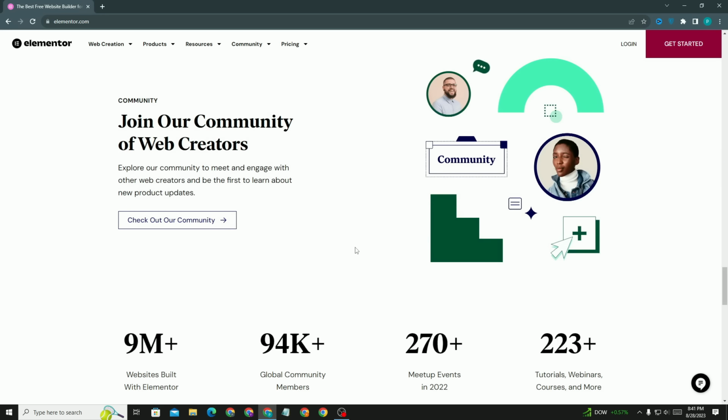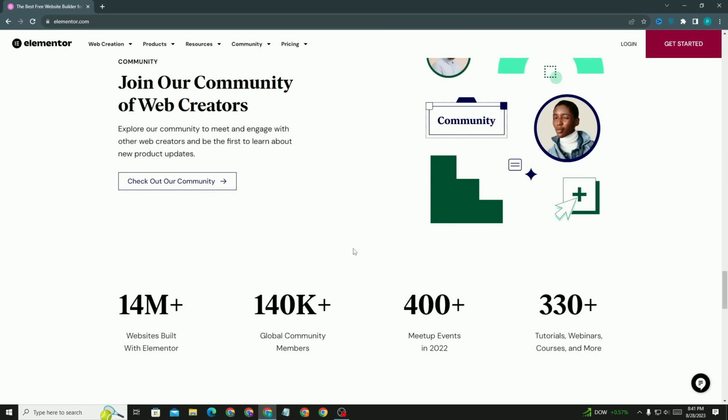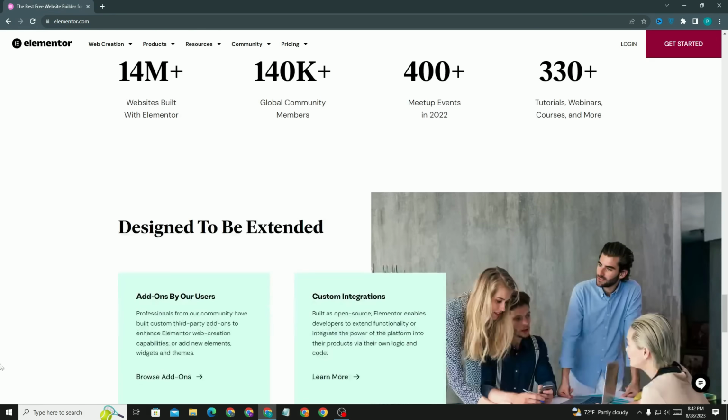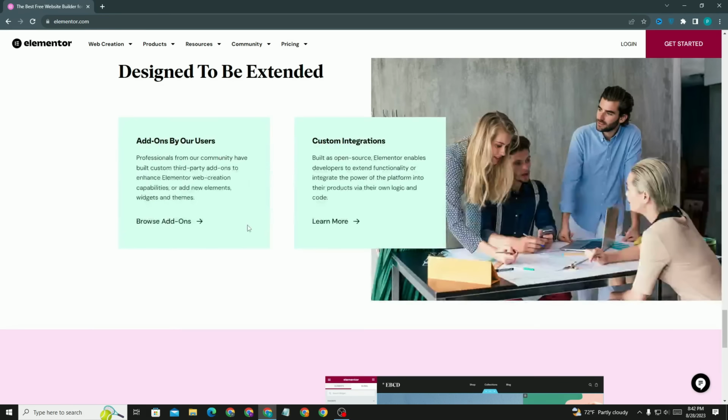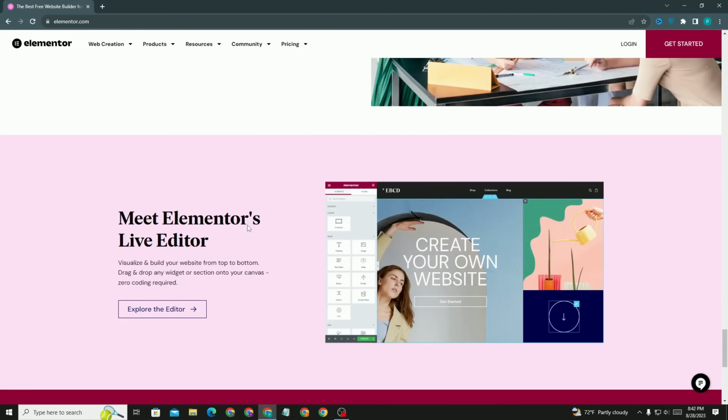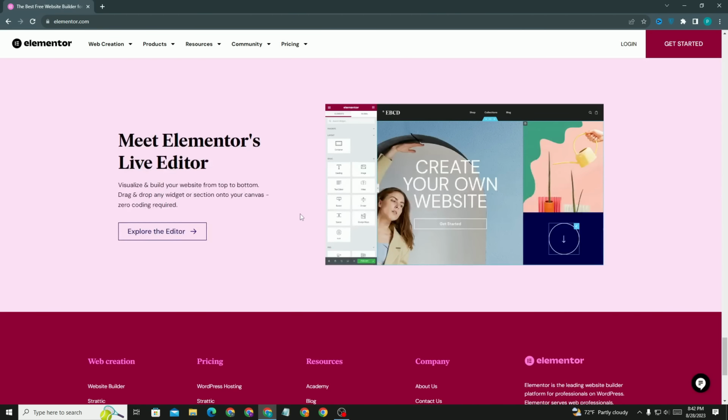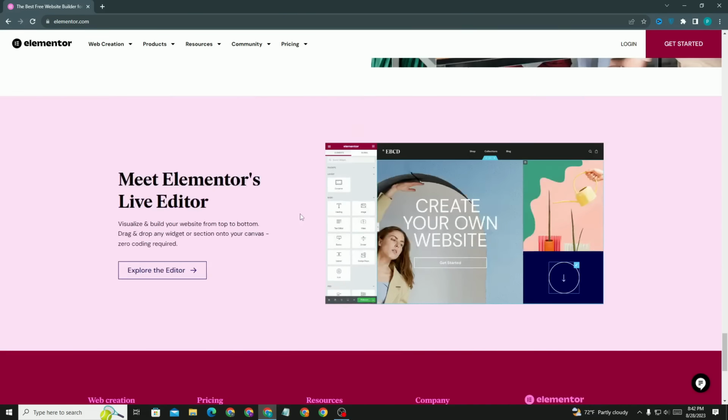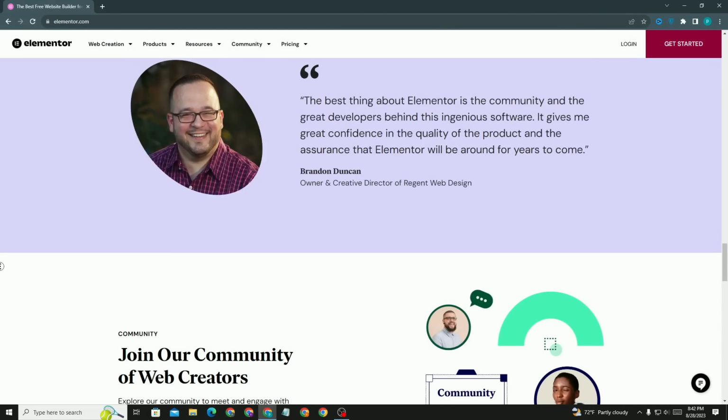You can see that 14 million plus websites are designed and developed with the help of Elementor. Elementor is a very popular platform where you can simply build a site, as I have already told you. So let's delve into it.